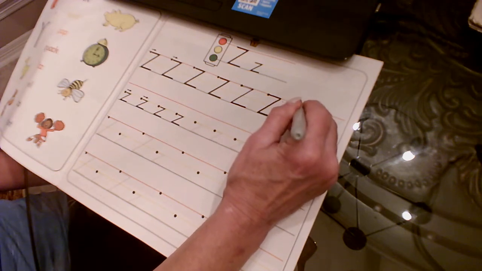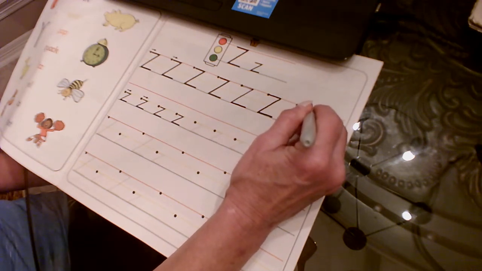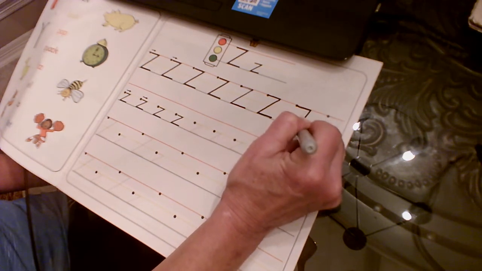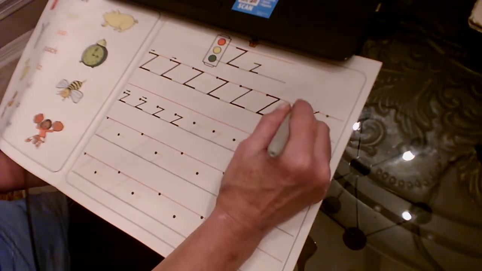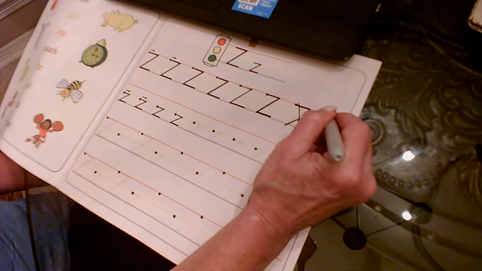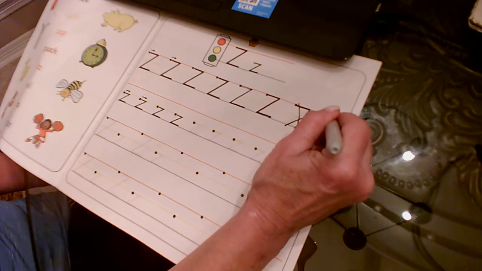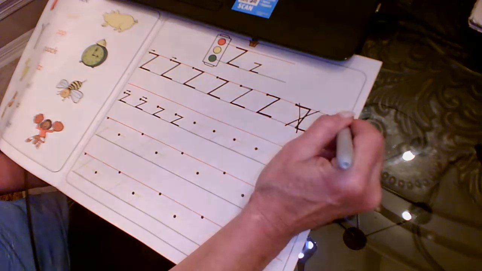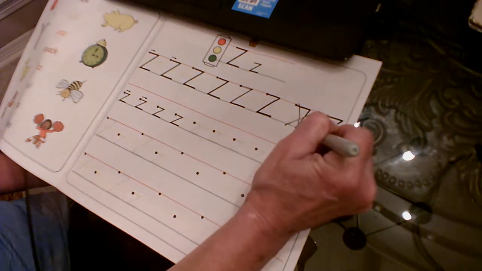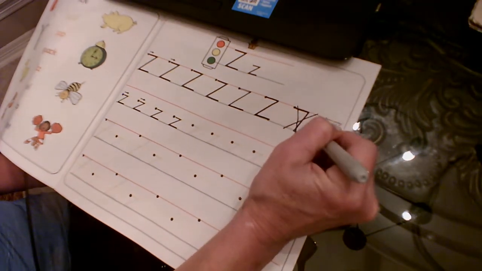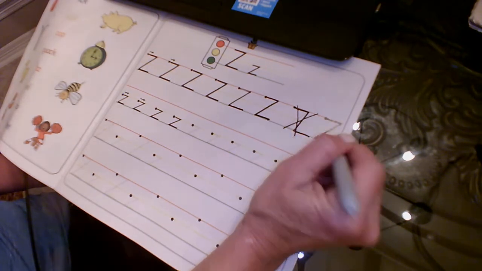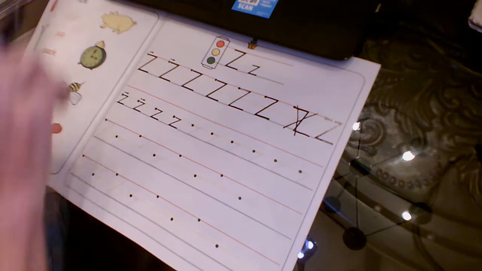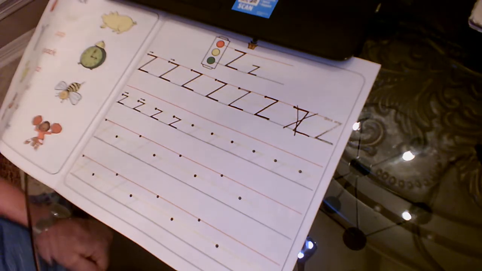This is not the proper way to make a Z. If you go across and straight down, that's not the proper way to make a Z. So once again, a line across, left to right, slant down, and then across. Okay,